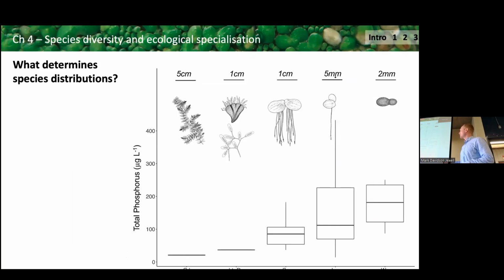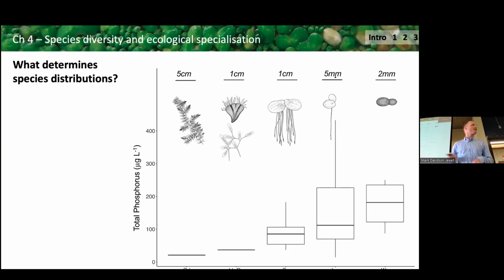So here we have the dominant species in a community plotted against the total phosphorus in the water. So I'll point out now that this is Lemna minor. So it's everywhere, all the time, usually dominant, right? So it's a best example of a generalist, a sort of Darwinian demon. But for the other species, it does seem like there is a certain amount of ecological specialization while they're dominant in different environmental conditions. And what I want to point out here is how that correlates with size, right? So the more nutrient poor, the more likely you are to have large species usually with many roots. And as the amount of water phosphorus increases, the species get smaller and smaller